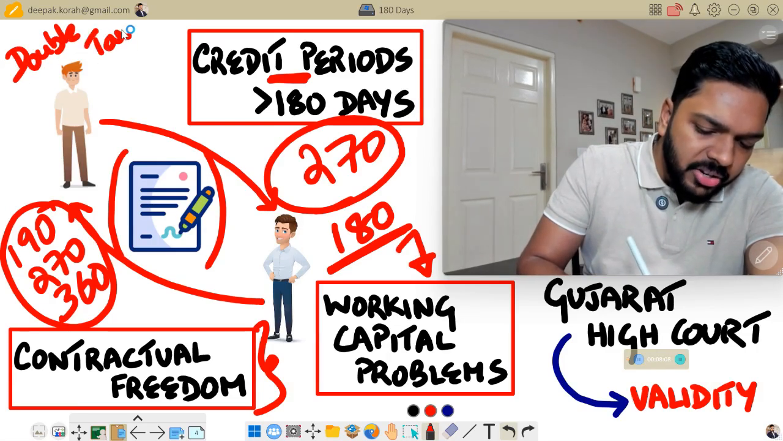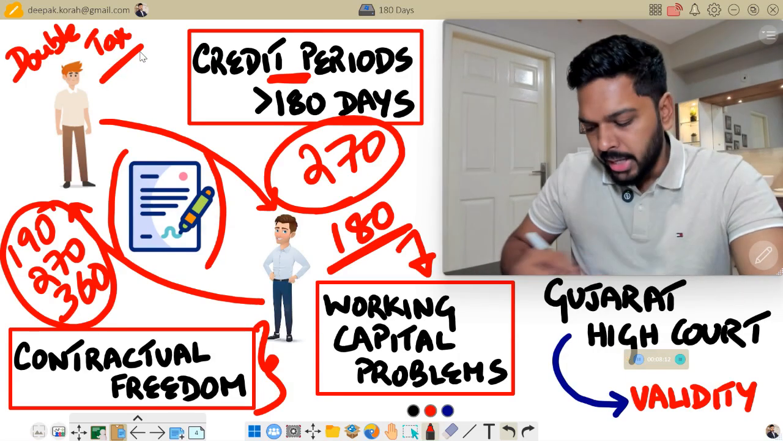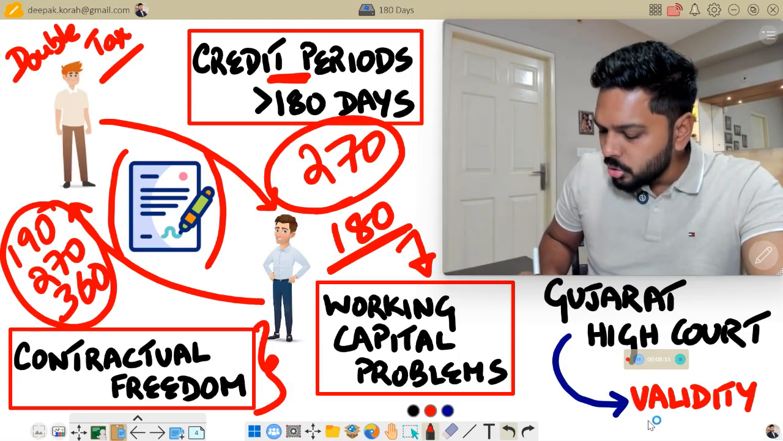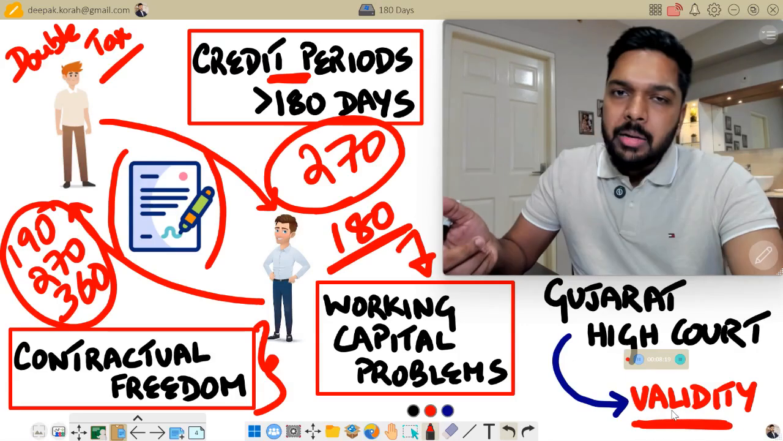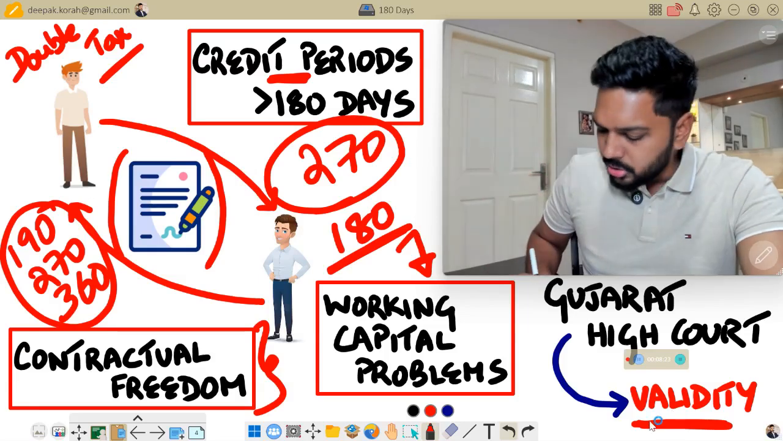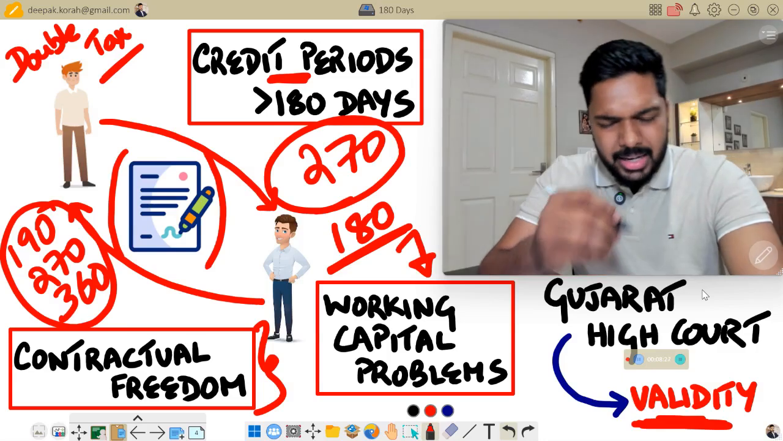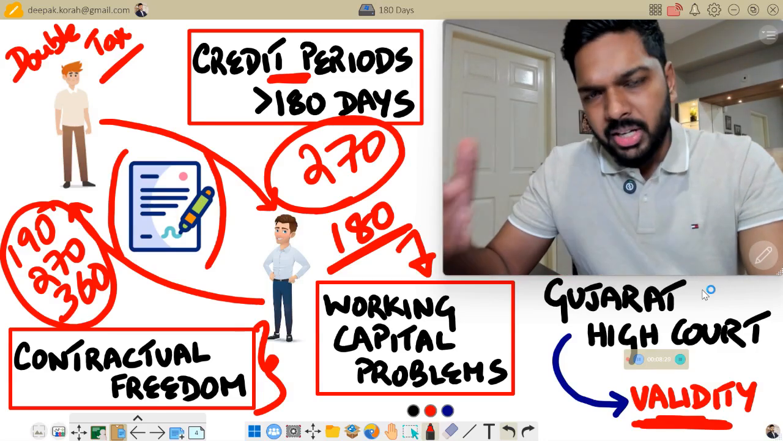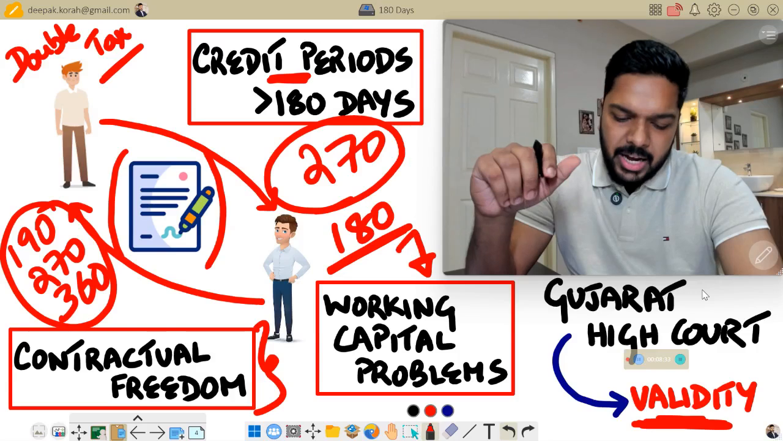Now, this was challenged before the Gujarat High Court very recently in December 2025. The case is still pending, wherein the constitutional validity of this particular provision, this reversal of input tax credit due to the non-payment within 180 days, was constitutionally challenged at the Gujarat High Court in December 2025, for which the ruling is still pending. The main idea of this particular case was that